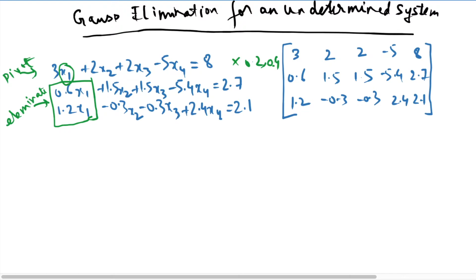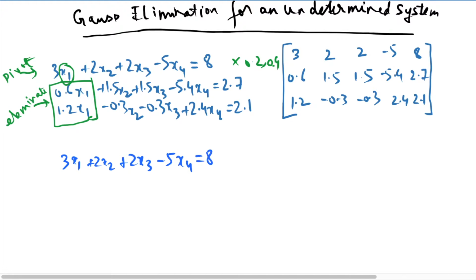So let me write it down. If you do so, you will be left with the following linear system. So this will be 3x1 plus 2x2 plus 2x3 minus 5x4 is equal to 8. And now